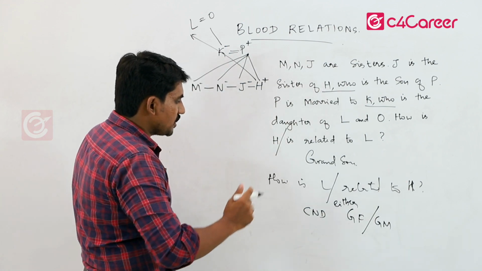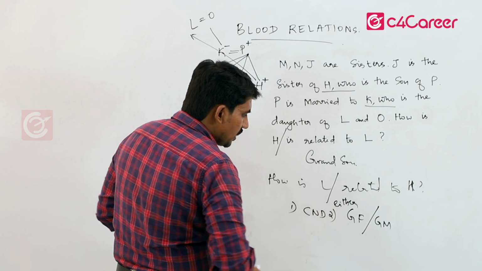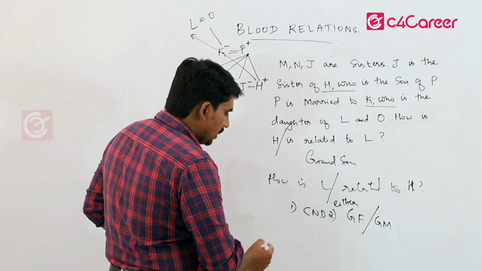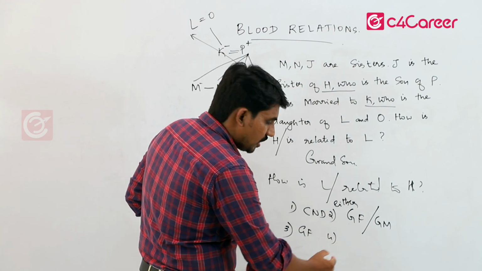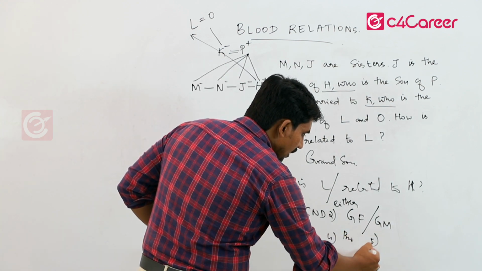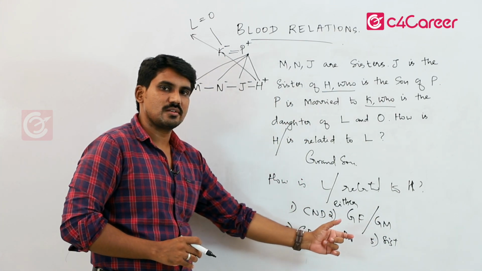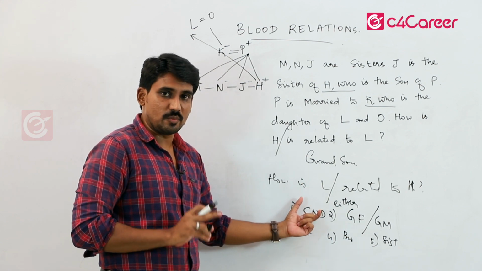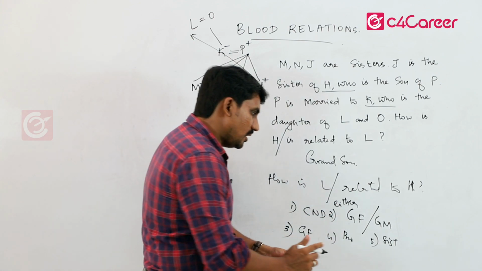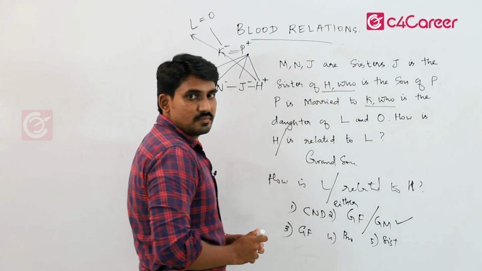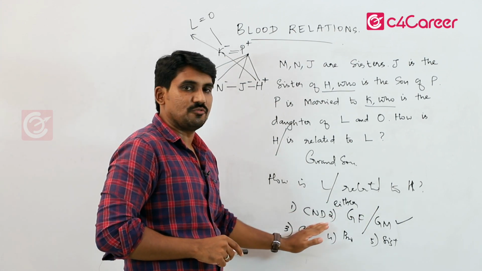Now, in a question, they are giving options like this. One option is cannot be determined. Second option is either grandfather or grandmother. Third option is grandfather. Fourth option is brother. And fifth option is sister. Now, what will be the answer? Gender missing means cannot be determined. Clear? But here they have given either grandfather or grandmother. Therefore, we have to go for this answer. Clear? If the either-or case is there, we go for that. Otherwise, you can go for cannot be determined.